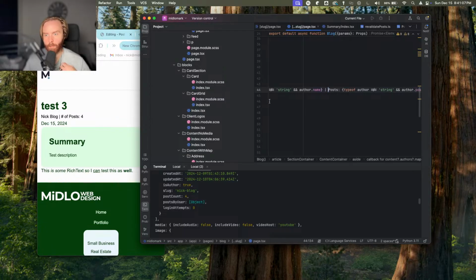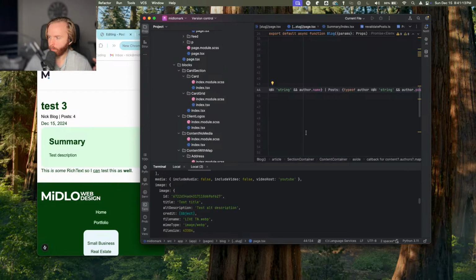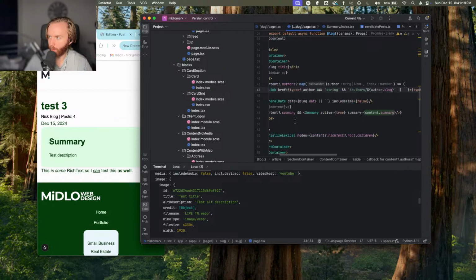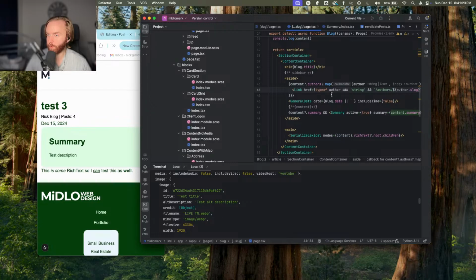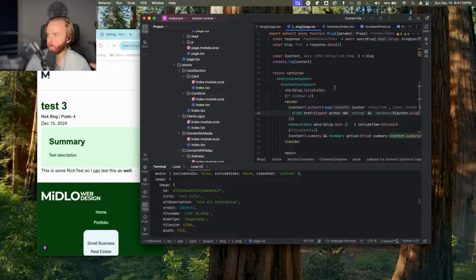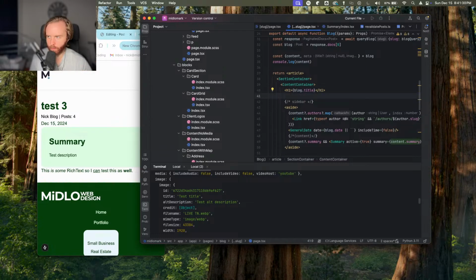Whatever. I'm probably not going to keep this in here. I'm just showing you what's possible. All right, so we have all of that, and then there's media, which we're not going to include anything there, and then we have our image. So here we're going to have our featured image, which we'll just put at the top under our title, and do